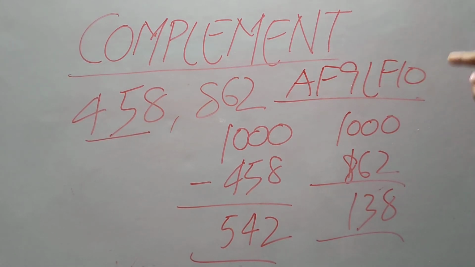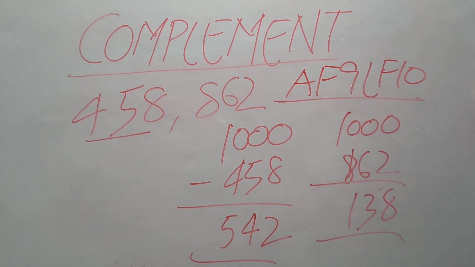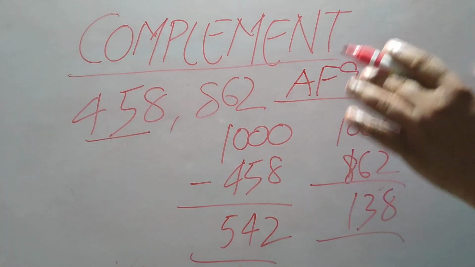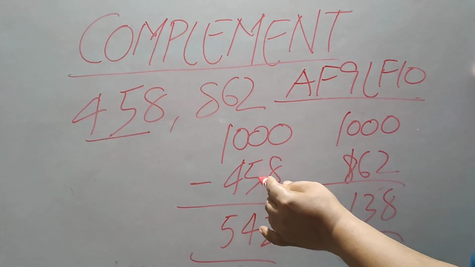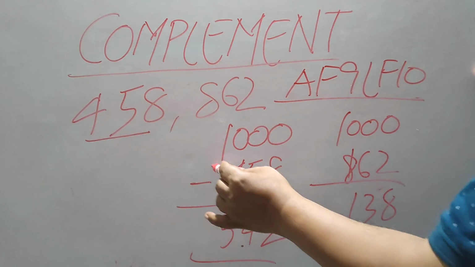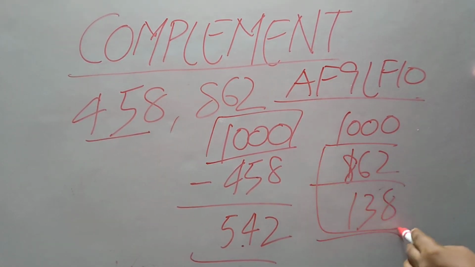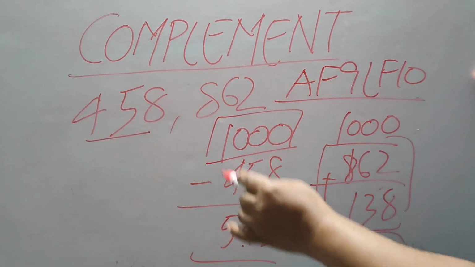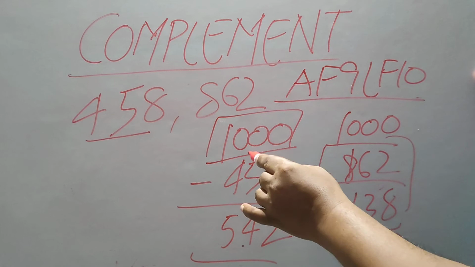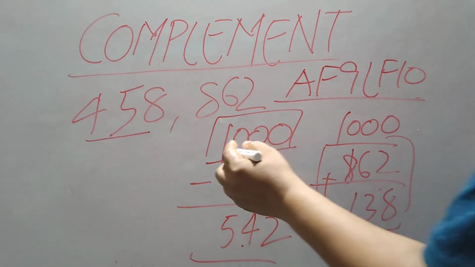It is a very wonderful concept. Sutra Nikhilam Navatashcaramam Dashatah. We are using this concept everywhere, in multiplication, division, everywhere you have to find the complement. Please remember this thing. The complement of a number and the given number will always be equal to the base of the number. This and this should always be equal to the base. If it is not coming equal to the base, it means you have found the wrong complement.